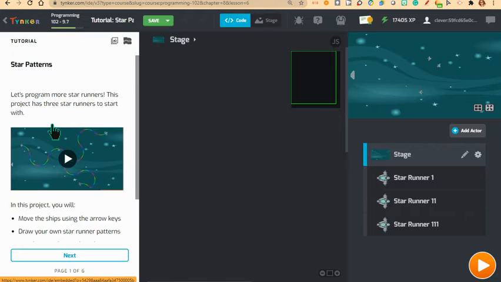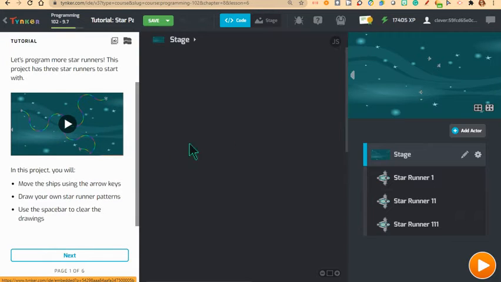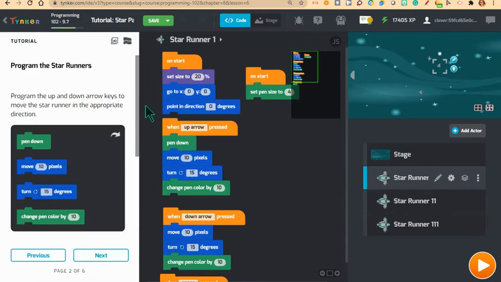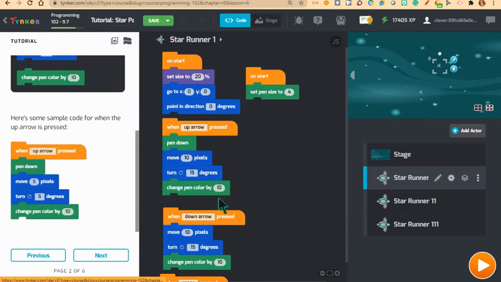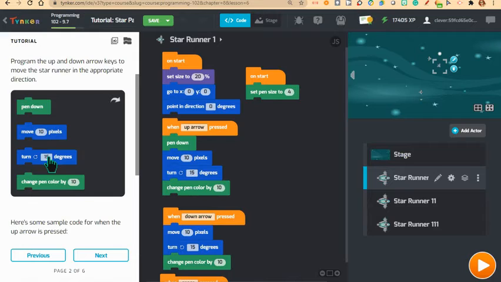Okay, so now we're going to program more star runners. Now, here's the key to this one. A couple of things. There's a new thing. It says program the up and down arrow keys to move the star runner in the appropriate direction. First of all, they give you the code for the up arrow, but they don't give you the turn block